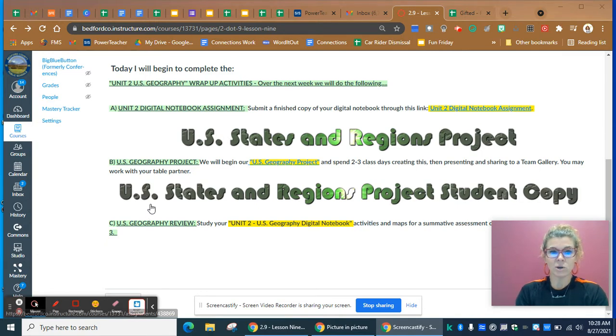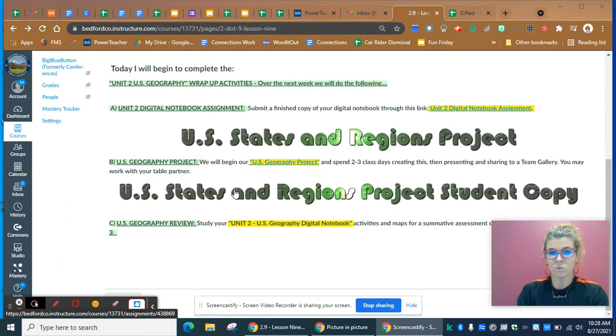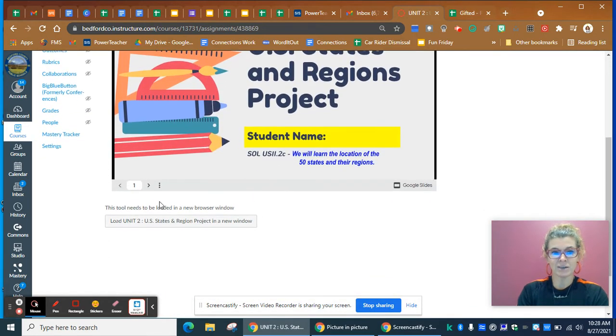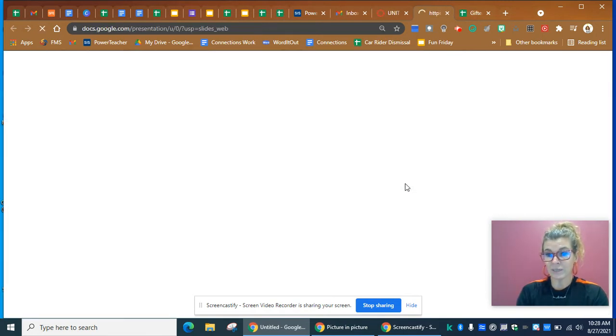So we are going to start a states and regions project. In lesson 2.9, you will find a link to create a student copy of the project. You will click on that, and down below the presentation, you will see a link that you will click on that will open up a new window so that you can click and make a copy. Once that task has been assigned to you, you will open it up